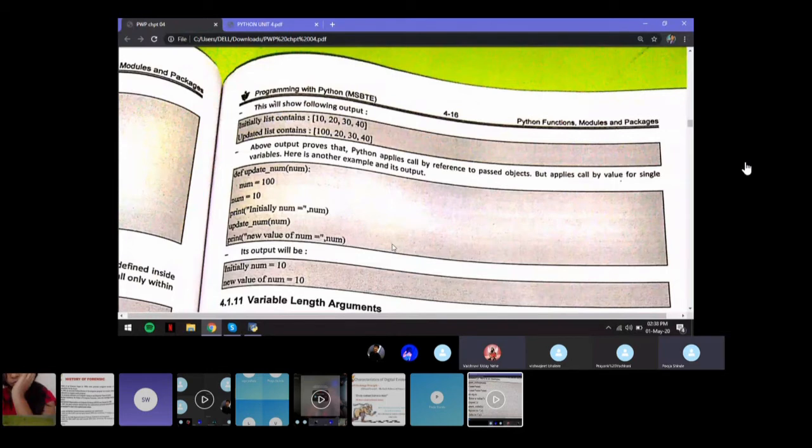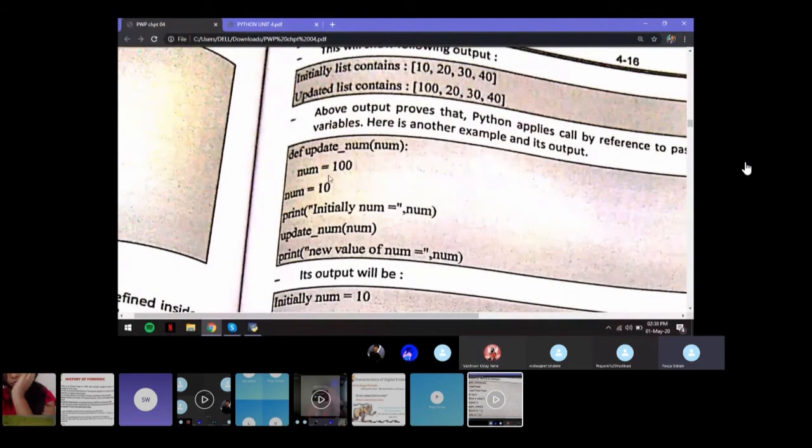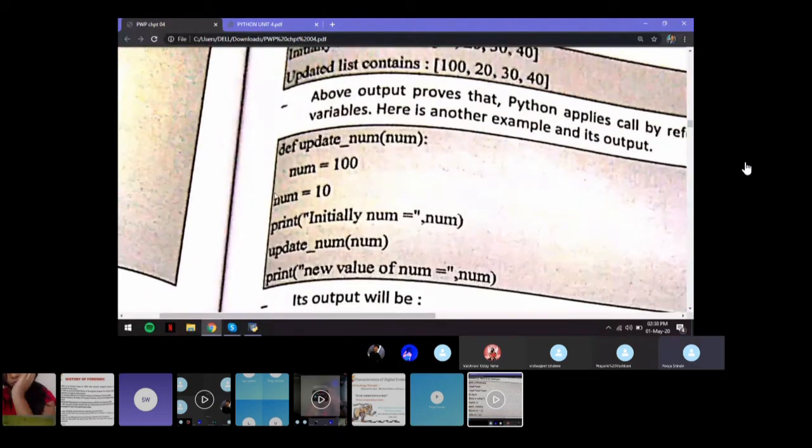Right. So basically what is happening is, because you have the same variable names over here, the variable called num is in your main function as well, and the variable num inside your function definition is also called num. So what Python is going to do is update the variable inside the function definition itself.